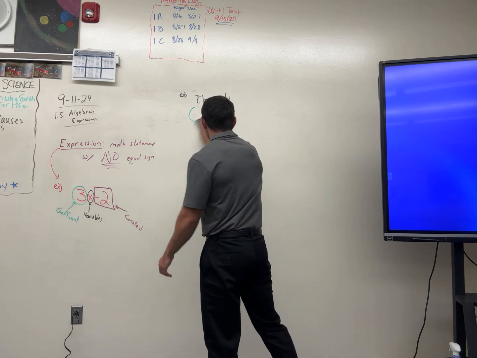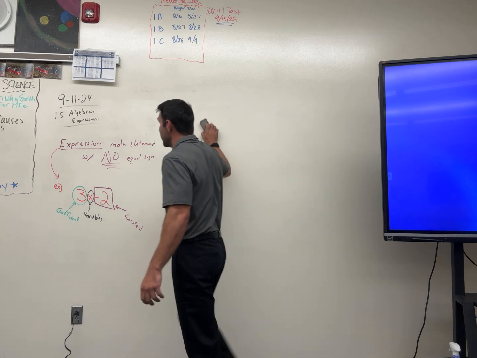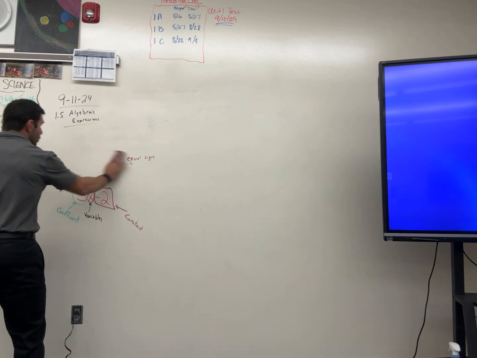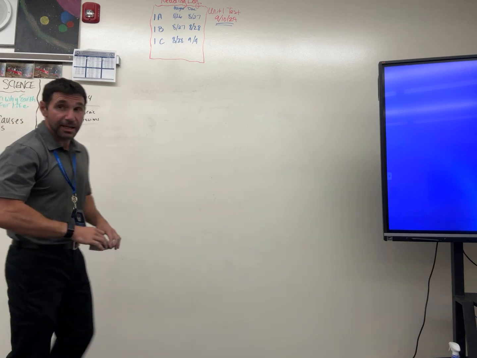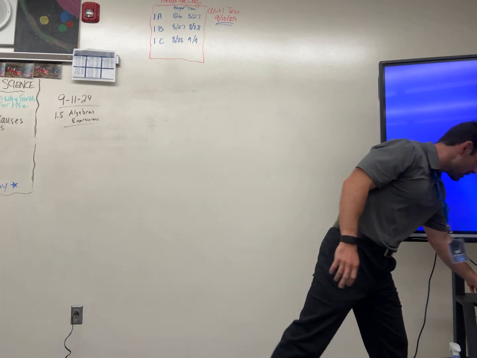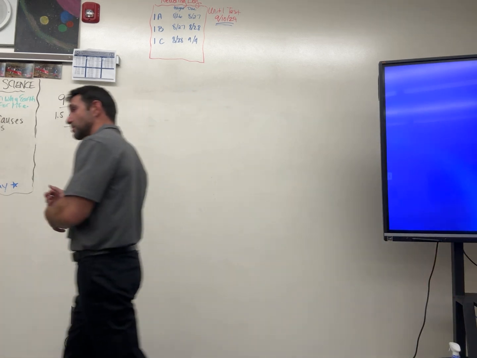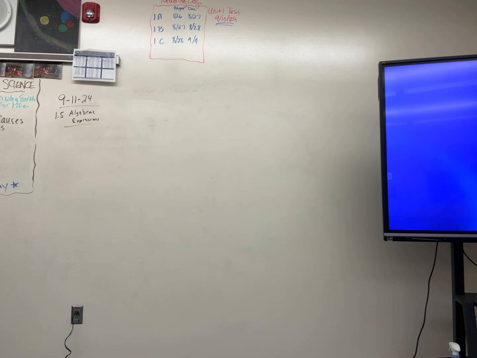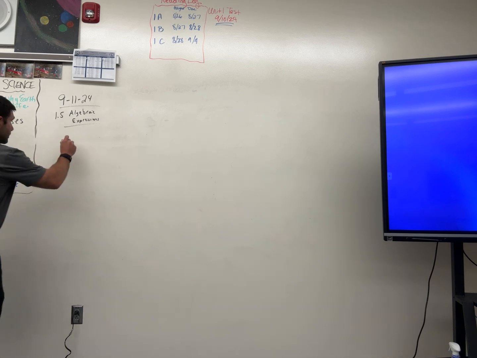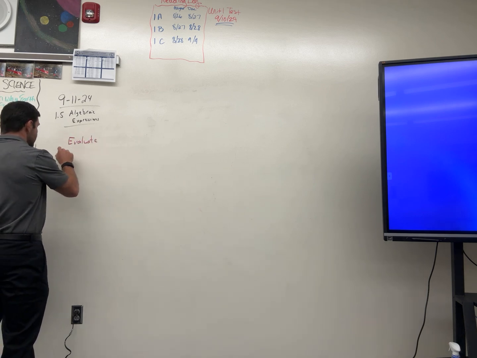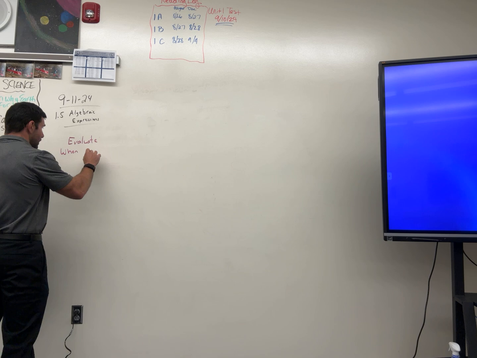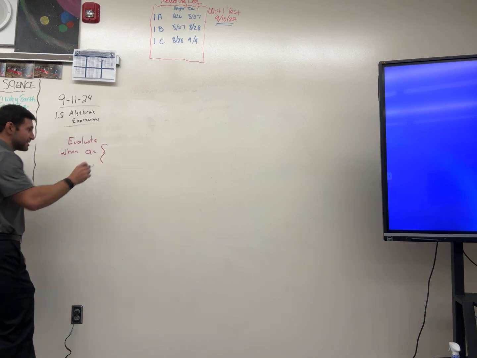With expressions, we either simplify or we evaluate. Today, we are evaluating. And the key to evaluation for today is the word substitute. Okay? So, it's going to say evaluate when A equals, and we have this set